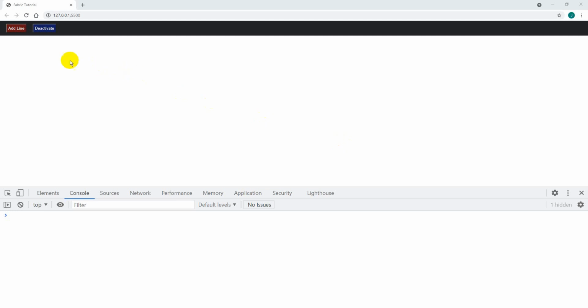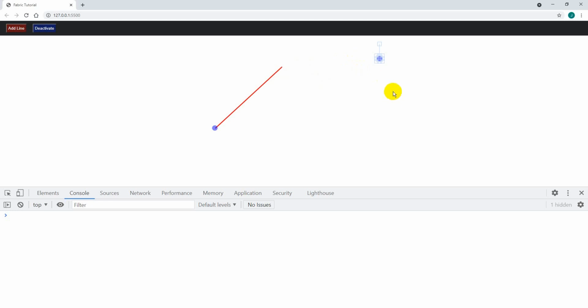In the previous tutorial, when we add the line over here and I double click on this, I actually have two control points added at the ends of the line. So the idea is to move, let's say, this control point. If I move this, I want this end of the line to follow this control point. We will learn how to do that, but before I show you the coding,